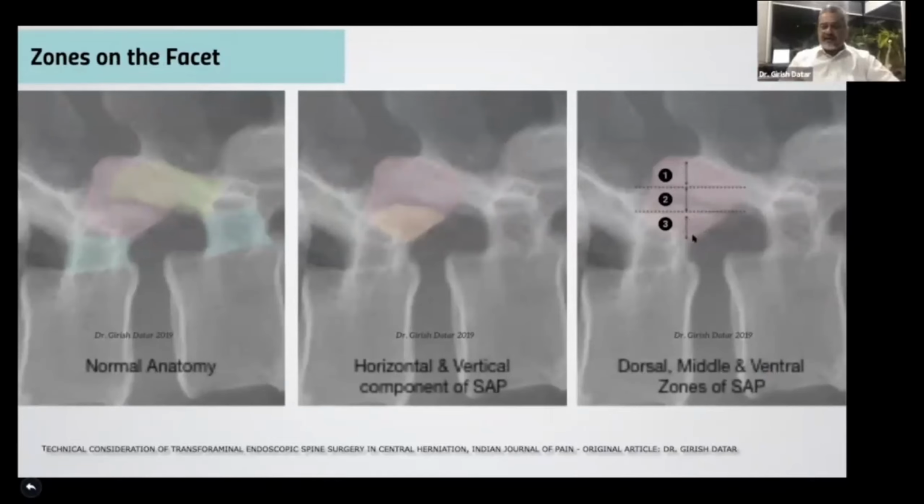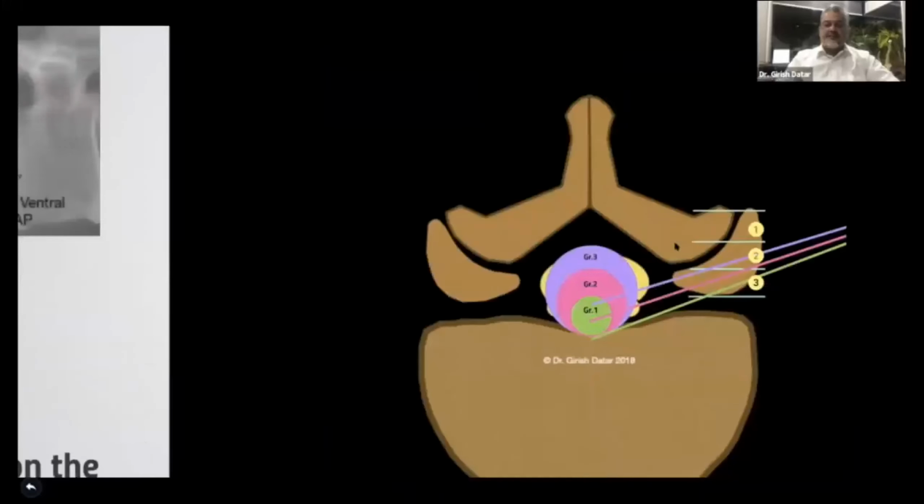Secondly, on the MRI and on the CT scan, if it is done, it is necessary to know the orientation of the facet joint. Now, if the facet joint is more horizontally placed, then you have to limit yourself only to the ventral 1/3 of the SAP, because getting into zone 2 may take off some part of the articular surface of the SAP. But if the joint is more vertically placed, then zone 2 and zone 3 are favorite sites for you to dock your Tomshidi and get through these areas into the spinal canal.